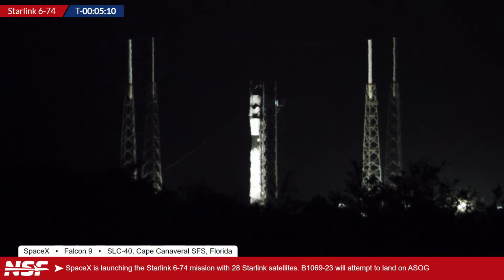But for those who are out there watching 5 minutes from now, just so you're aware, this mission 6-74 with booster 1069 on its 23rd flight will be flying to the southeast. So that is 43-degree inclination. So basically all of the east coast of Florida, Jacksonville, then continuing all the way down, especially towards Vero, Fort Pierce, Jupiter, West Palm, Fort Lauderdale, Miami, those areas, and including parts of the west coast of Florida as well. Keep an eye out for the launch, and if you happen to catch it, send it to us on